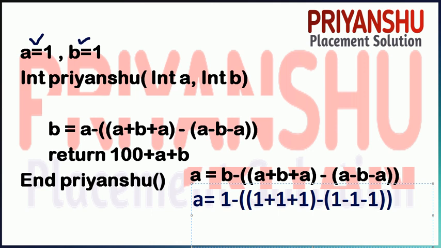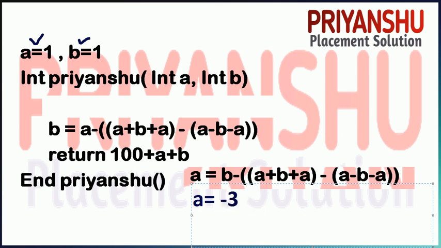Then minus 1 minus 1. Why do I write this? Because the value of a and b both are 1, right? So now if we solve this, this is 3, and this is, friends, minus 2, and this is written as minus 1. Then 3 minus minus 1, so minus minus plus, it gives plus 3 plus 1, which is basically 4. So 1 minus 4 is basically minus 3. The value of a is changed to, friends, minus 3.